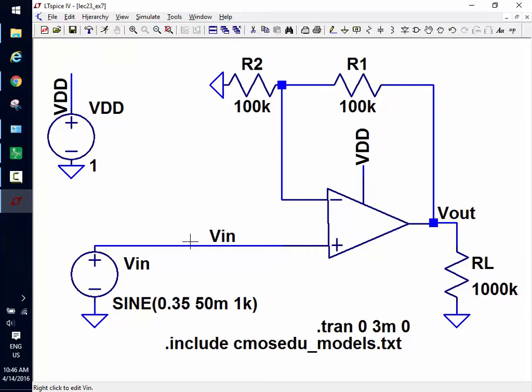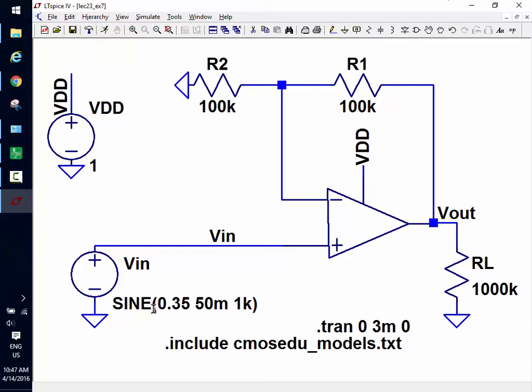So, if I put 0.35 volts DC right here, okay, the gain is 2. What does this become? 0.7. What does this become? 0.35, it's a voltage divider, right? You know what? I hate ugly schematics. There we go. Does everybody follow that? Well, when I do signal processing, I want my analog signal swinging around some common mode